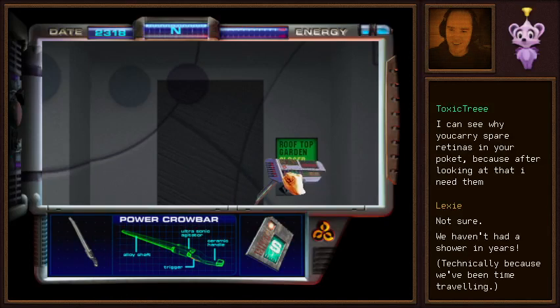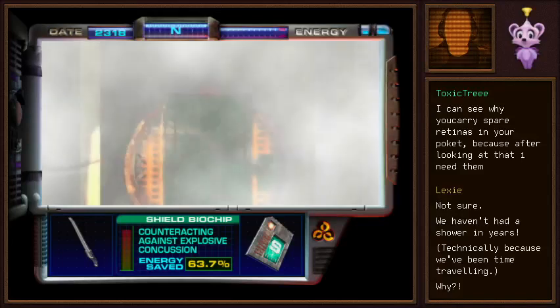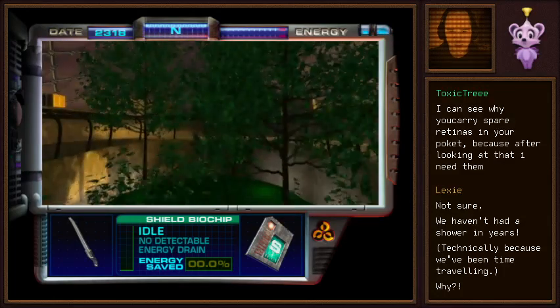Oh my gosh. Card bomb activated. I mean... Okay. We can't move. Why can't we move? Our shielding biochip is active. Good, that's good. Yay. I guess we could have... I mean, we could have...